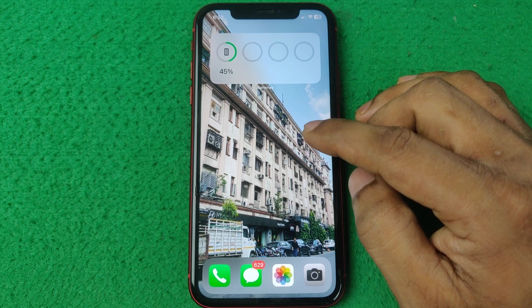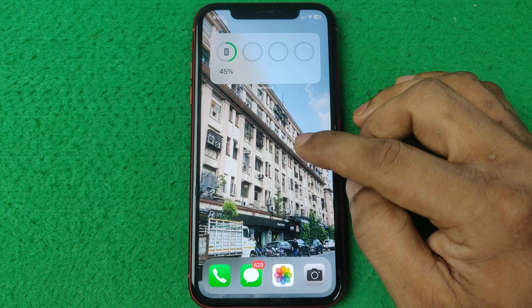In this video, I'm going to show you how to use different wallpaper for lock screen and home screen on